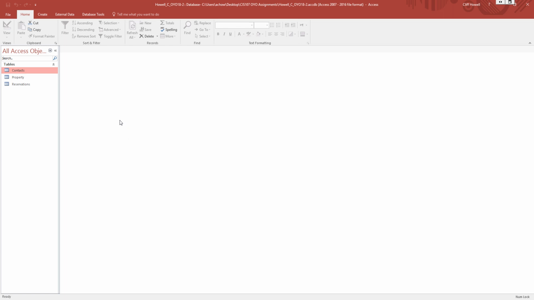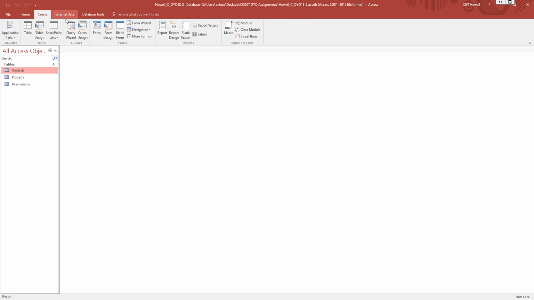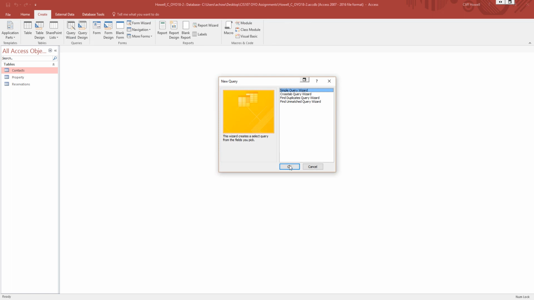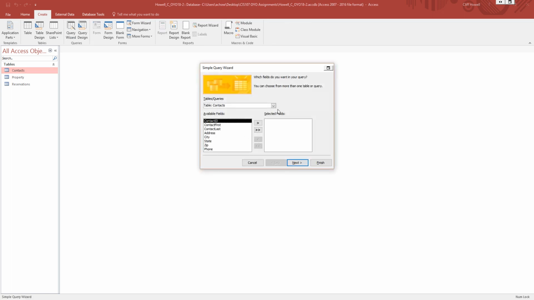Step 5 is to create a query based on the property table. So we're going to go to Create and use Query Wizard, Simple Query Wizard, and we want to choose the property table here. That includes room name. You can double click these, or you can click the little arrow as you select them on the left. Building name, campus, daily rate, seating capacity. And that's it. So click Next,